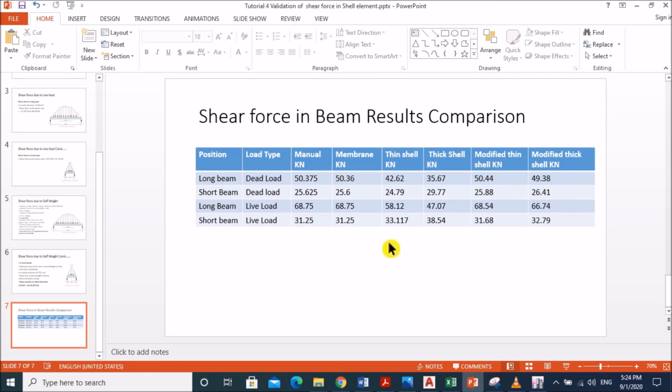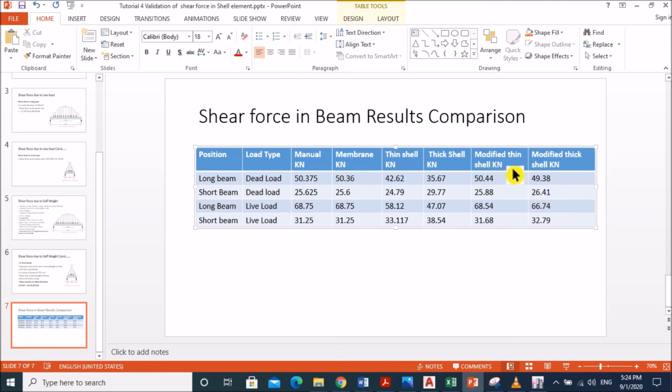But for membrane structure, it does not take any bending and shear stresses, so it matches with the manual calculation. What we can decide is membrane just matches the manual calculation for the conventional design approach of the structure.